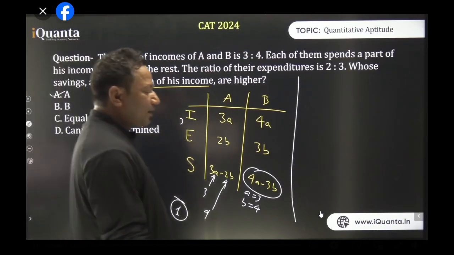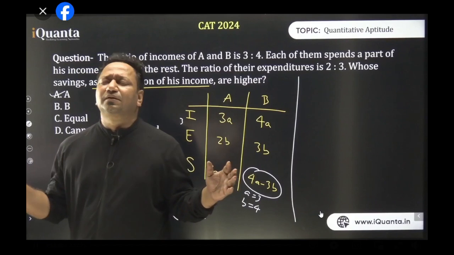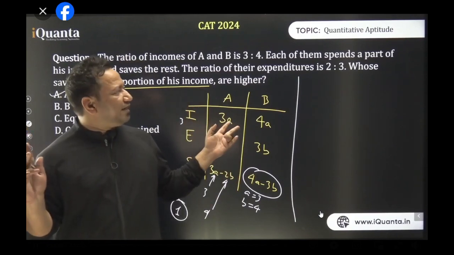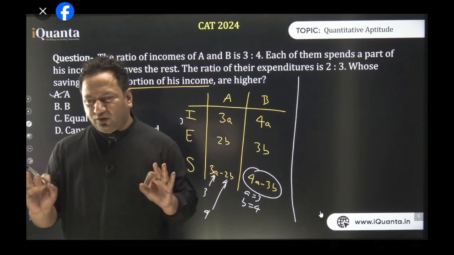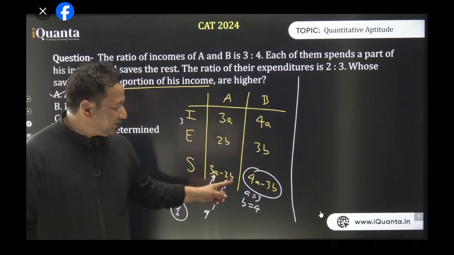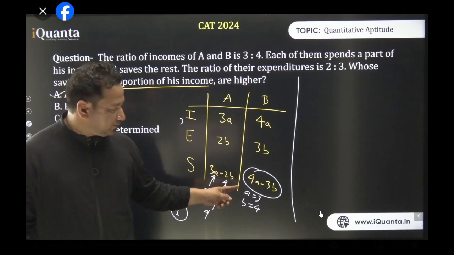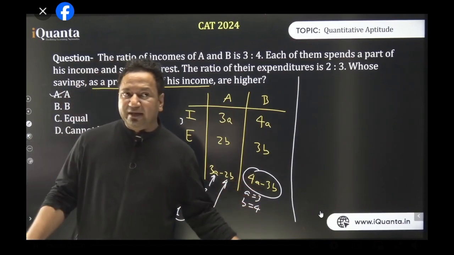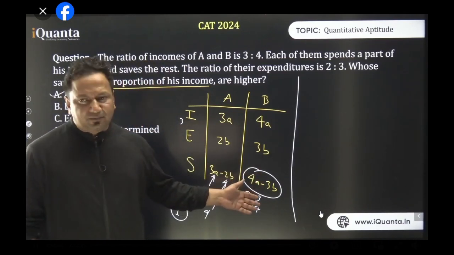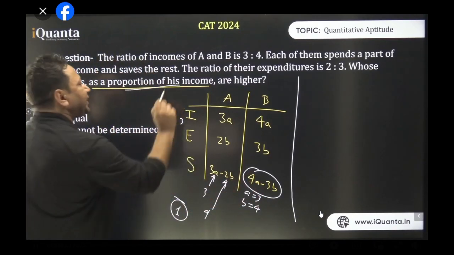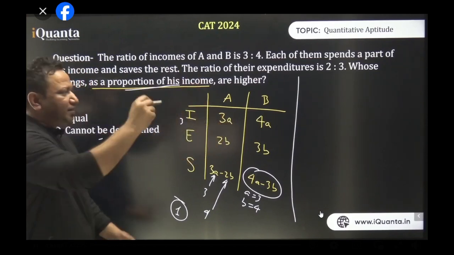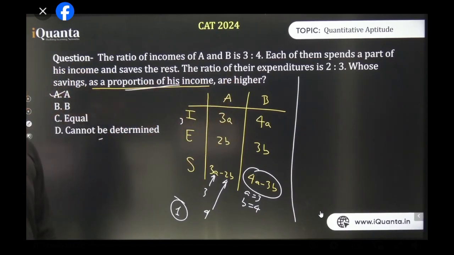Nandita. Okay, listen very carefully. The absolute value is not known. We don't know the income, we don't know the expenditure, we don't know the saving, we don't know anything. Yes or no? We don't know anything. But the moment we come at this point, so if I make the saving as 0, the saving as a part of his income, ये करने की जरूरत ही नहीं है. अगर saving is 0 हो गया, question says whose saving as a proportion of his income are higher. So if saving is 0, so whatever income is, the saving upon income will be 0 only, isn't it?